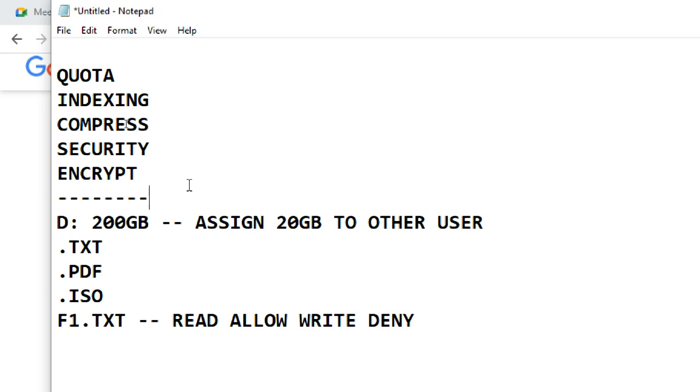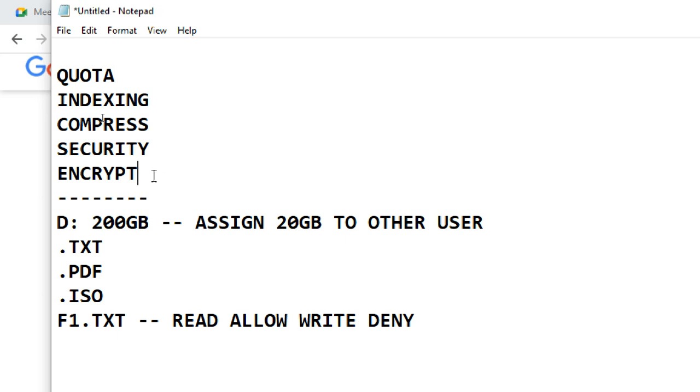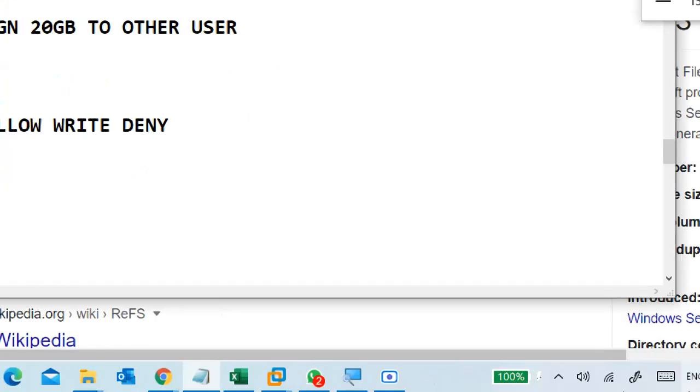So it encrypts the data, so other users cannot access your data because they don't have the encryption key. They need the key to decrypt the data, so you keep your key and don't share it. If other users don't have the key, they can't decrypt it. We can do that practically also. We can do this practical on quota, security and encryption, but we don't have the time.